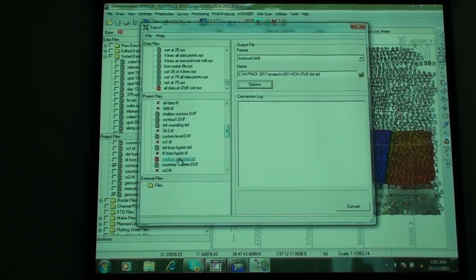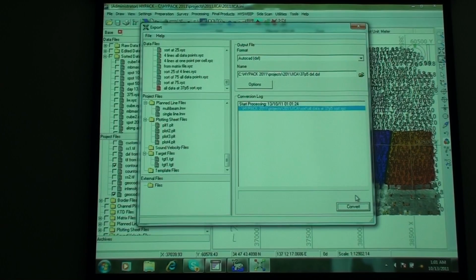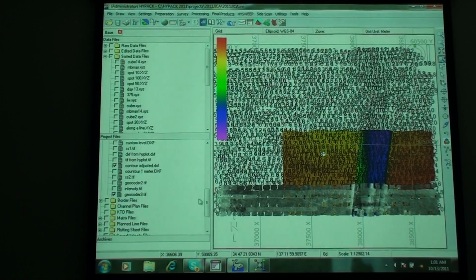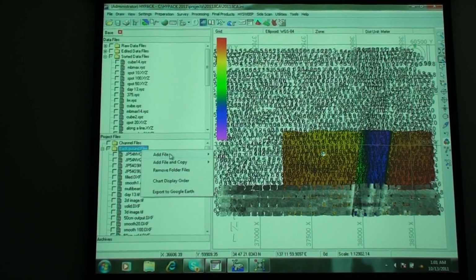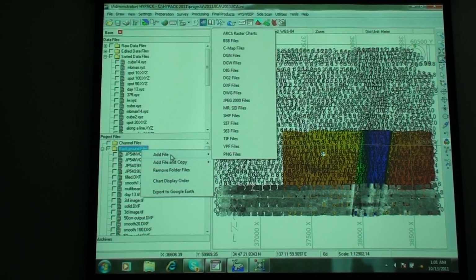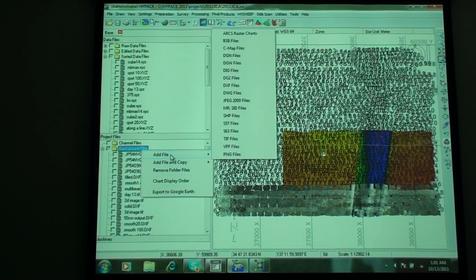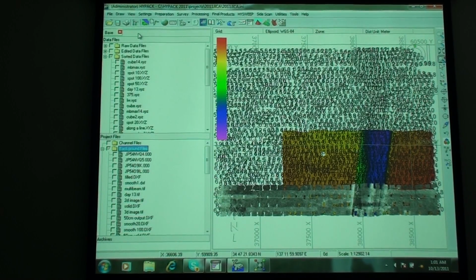Make sure no one else is turned on. Right-click, CAD file. I want to bring in these soundings, but I don't want to erase everything. So I'm just going to go to the top, up in here, right-click, create a view,